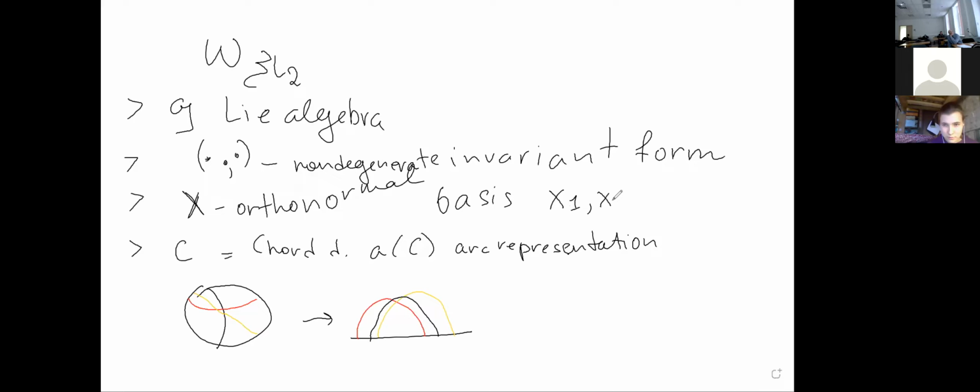The basis is x1, x2, x3, and so on. We may use the same elements for different chords, but the elements for each chord, this is the same element. And then we take all